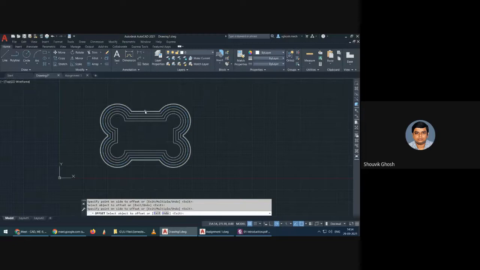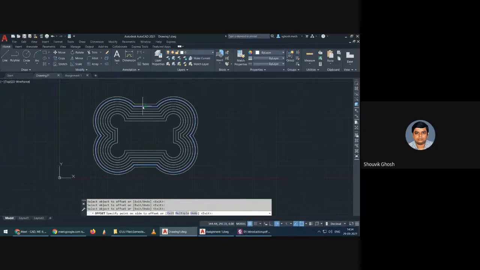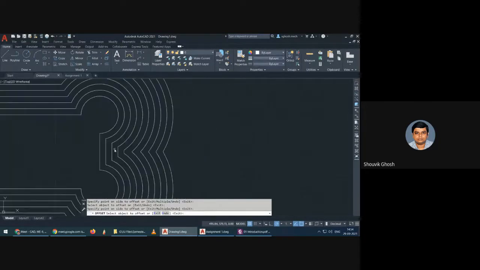We don't need to use the trim and everything over here. So you can see one thing is happening. Let me just repeat this multiple times. You will see that on this side, as soon as we are using the offset, it is creating the boundary over and over. You will see this particular circular feature is increasing, thus overlapping the line, and after a certain interval the line has disappeared, and now there are two circular arcs intersecting with each other, right?